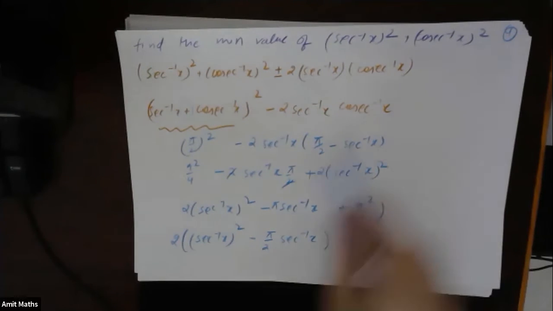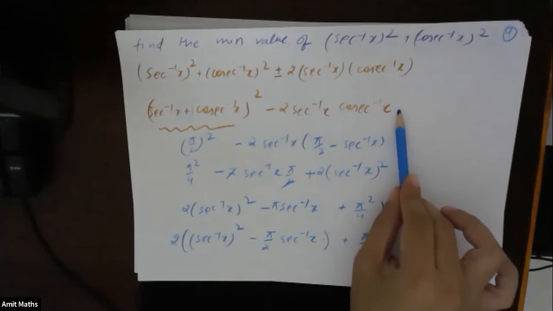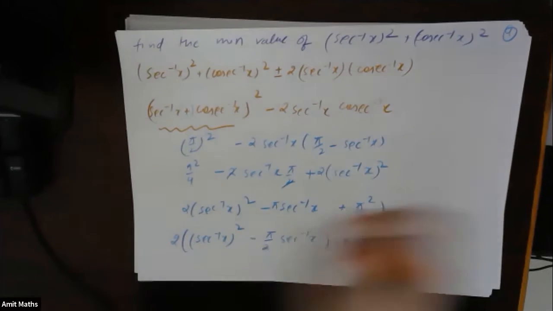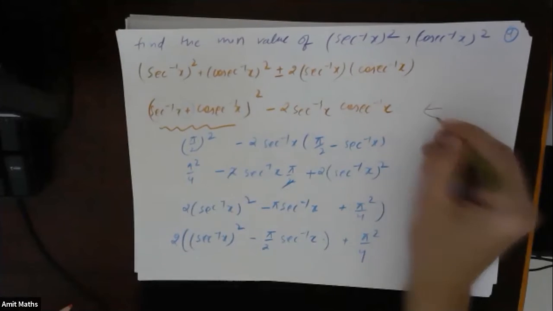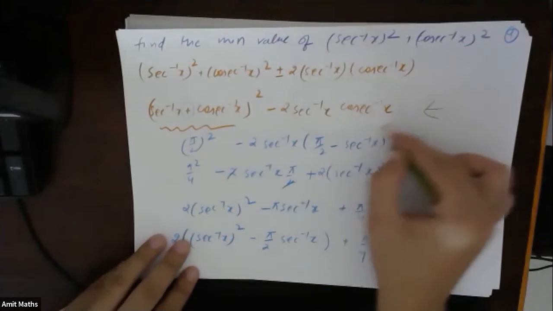In this also, see what is happening. We are converting into a perfect square. We are converting in the second step into a perfect square, right? But the thing is that here when we are converting it into a perfect square also, we are left out with these terms. Now these terms are creating problem.